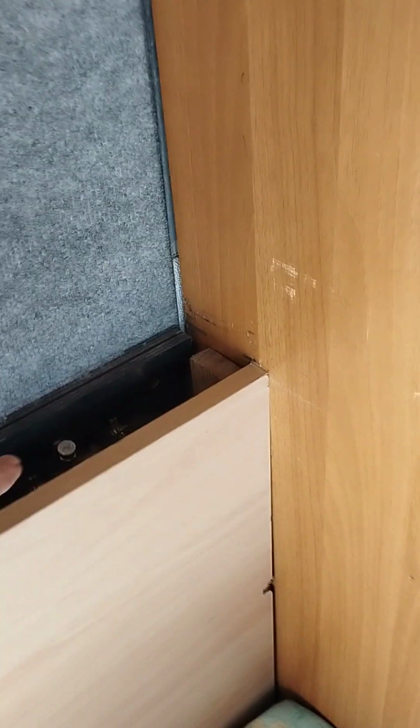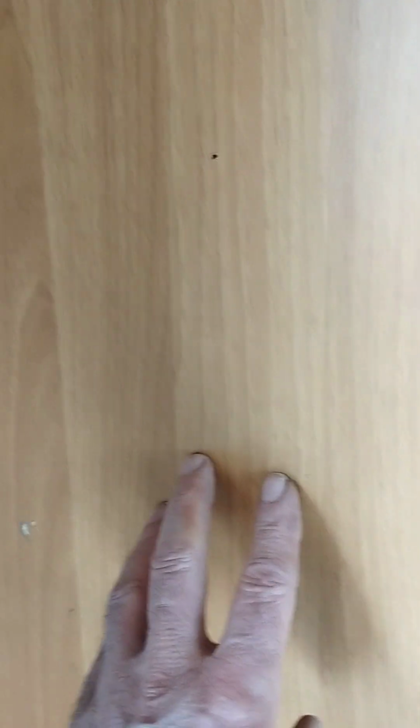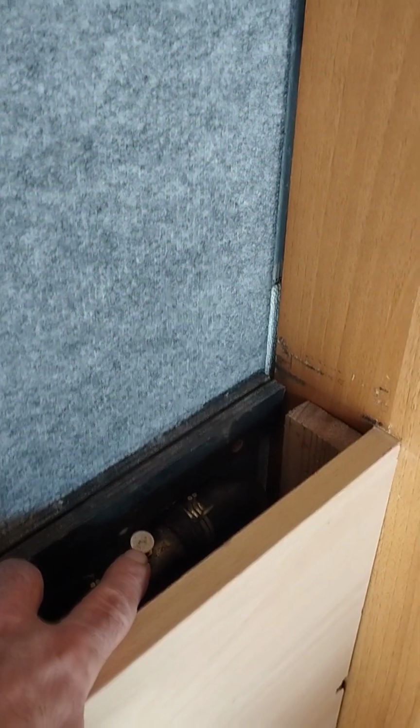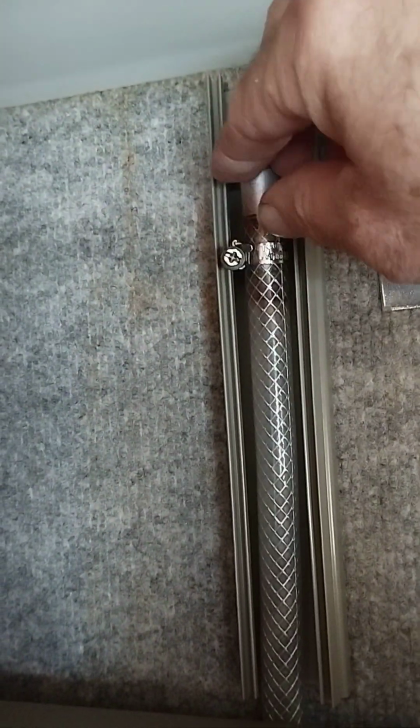So we have another bleed point at the U-lounge of my camper, and this is my toilet. We had another bleed tap there. This is my shower on the opposite side of my U-lounge. And right up here we had another bleed point. Now I bled all these points